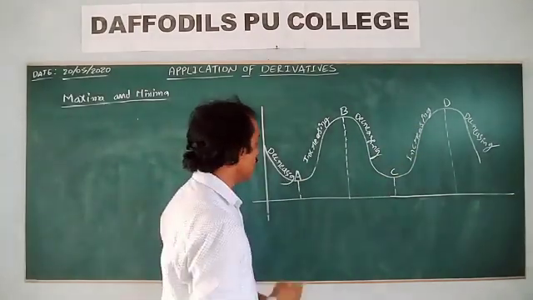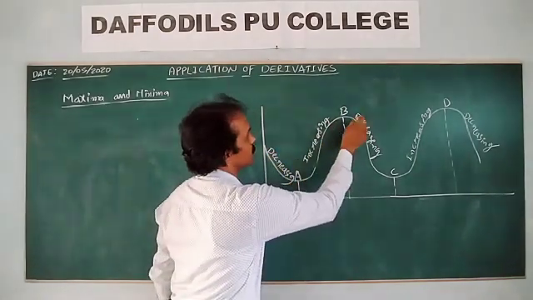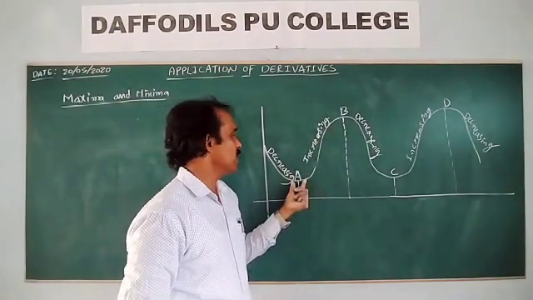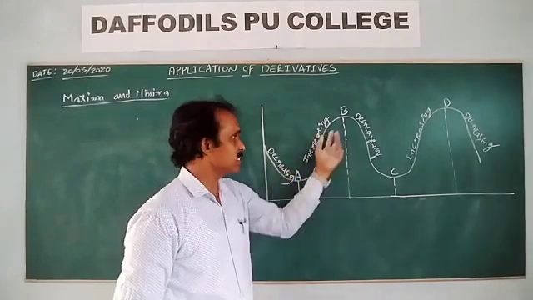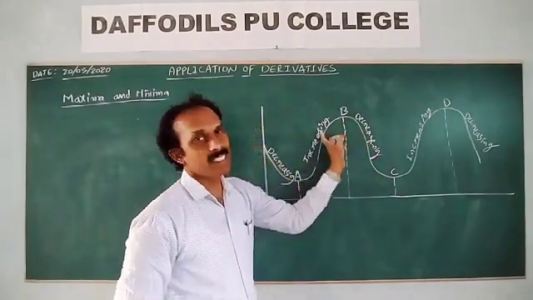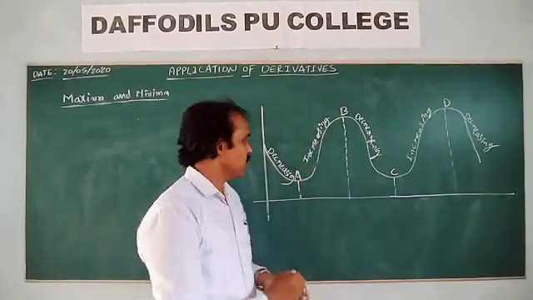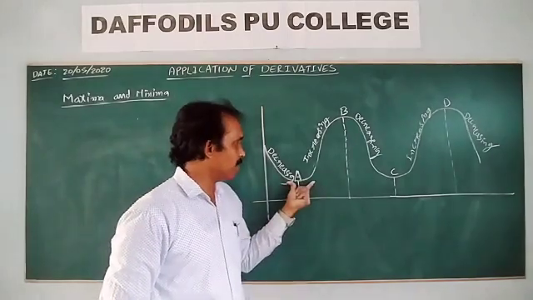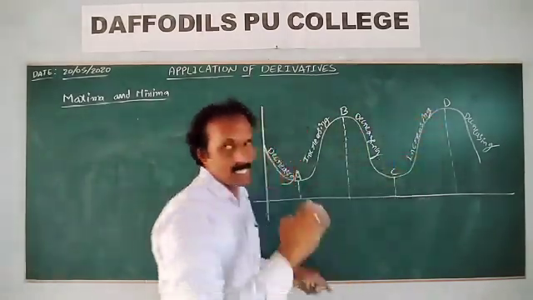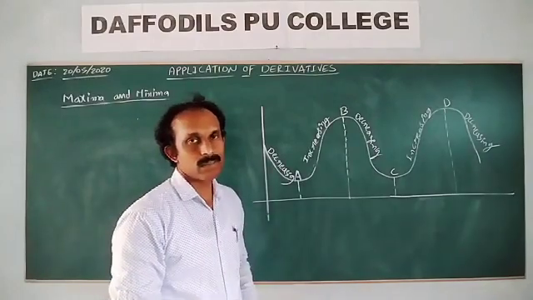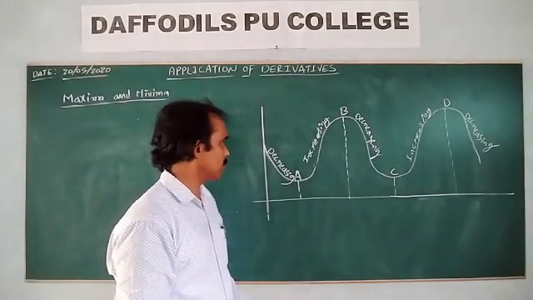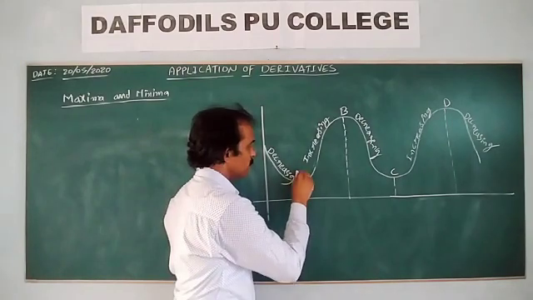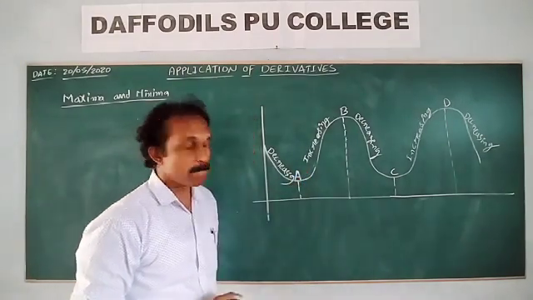Okay. Respectively, the neighborhood points of these turning points look a little like valleys, and here some hills. So A and C are valleys, and B and D are hills. Decreasing to increasing at this point A.